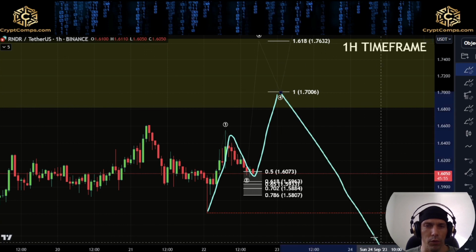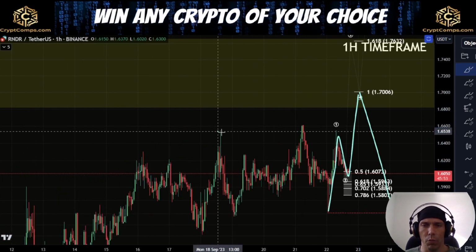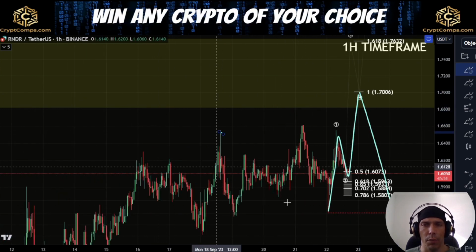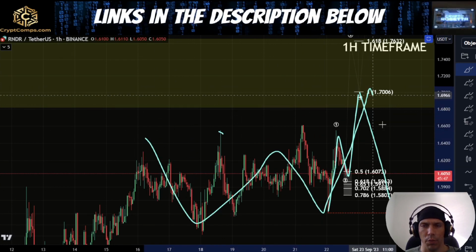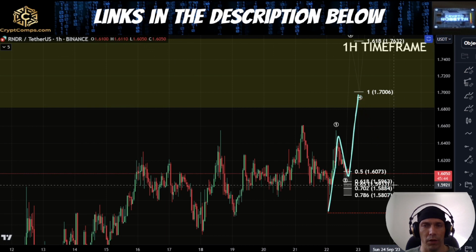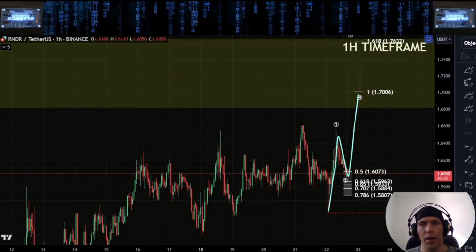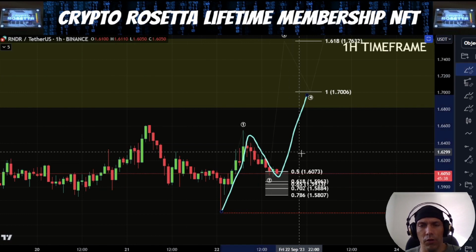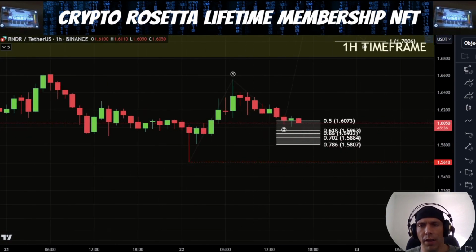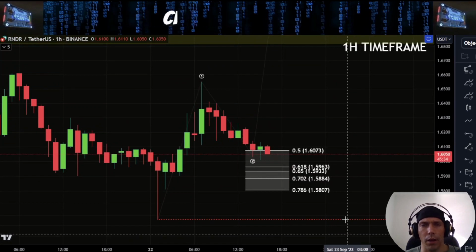We could see a reversal to the downside, where this whole move here actually just becomes a bigger flat correction, where we have this as our A wave, this becomes a B wave, and then we'd see a C wave play out to the downside. So it's going to be key here, if we do move up in just 3 waves, that we could continue to see that rejection. Like I said, at the moment, there's not really anything indicating that we're getting a 5-wave